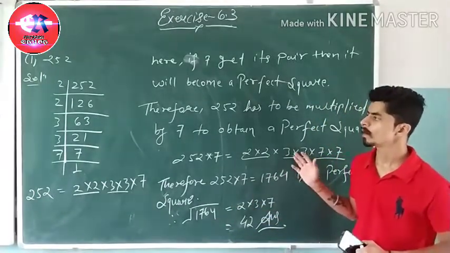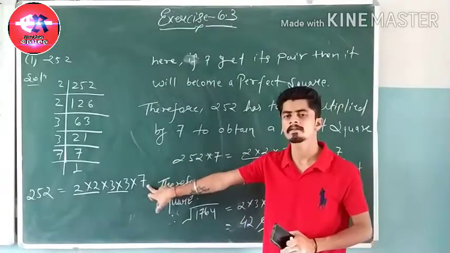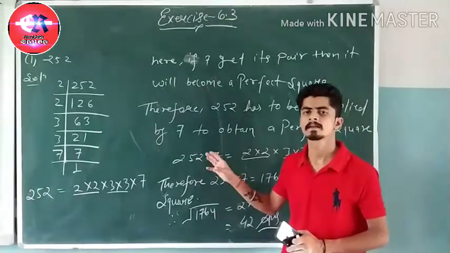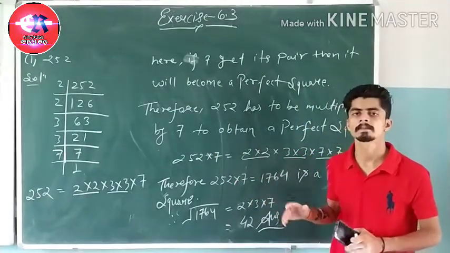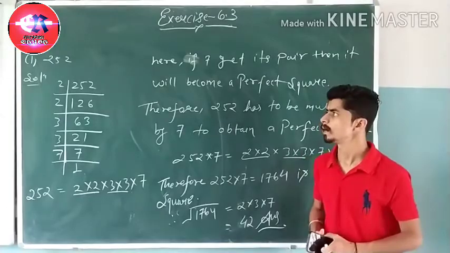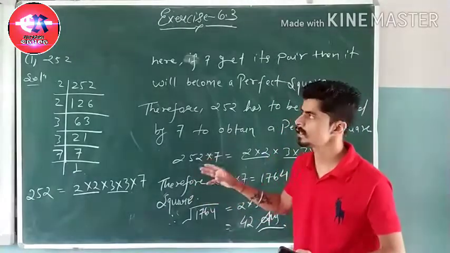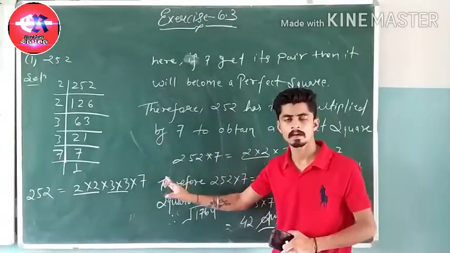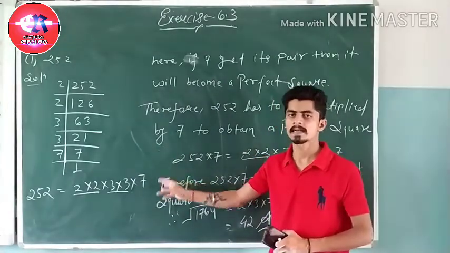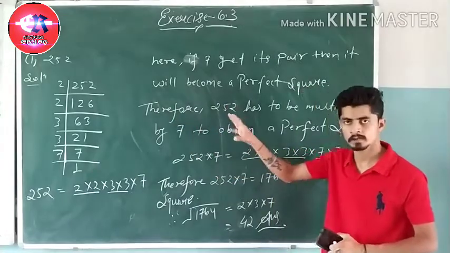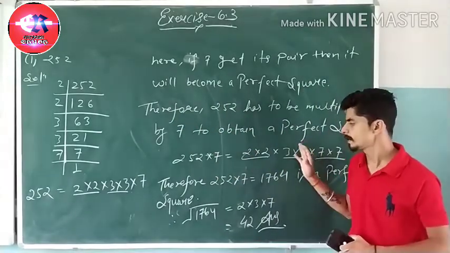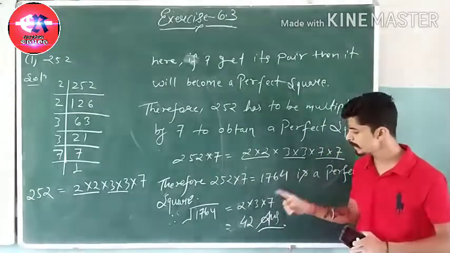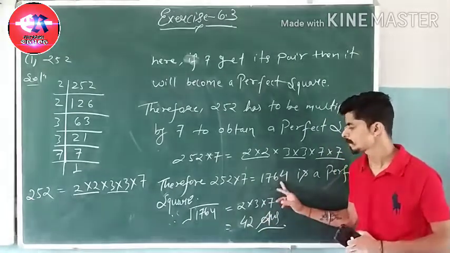So moreover, the solution is that the number is 7, which we have to multiply in the question for making it a complete and perfect square. After that, all these questions are similar. You have to find the prime factorization, then the number which does not have its pair should be multiplied to find the perfect square. And after that you will get a new number, then you have to find the square root of that particular number.